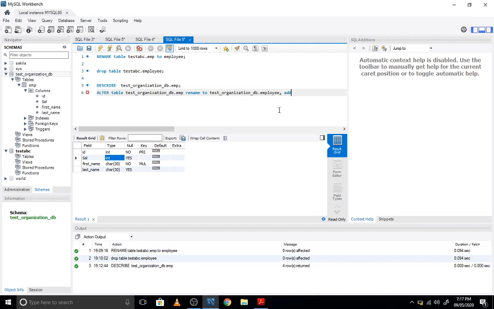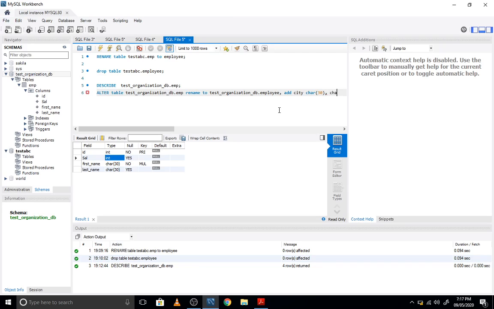Then I want to add a column. Let's say I want to add city, char 30. This is the data type.